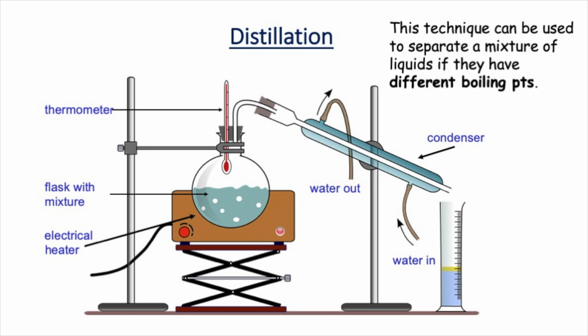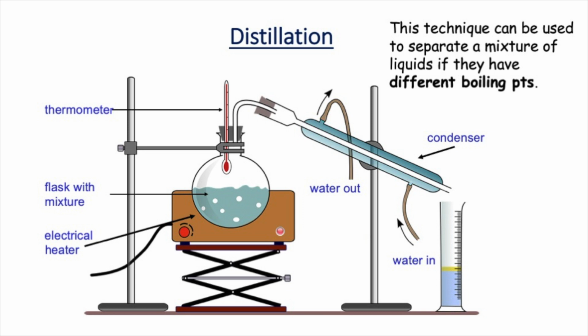Now, you tend to use simple distillation if you want to separate a mixture where there's just say two components and the components have quite different boiling points. So for example, ethanol has a boiling point of 78 degrees C and water has a boiling point of 100 degrees C. So if you had an ethanol water mixture, you would use distillation to separate the two liquids, and